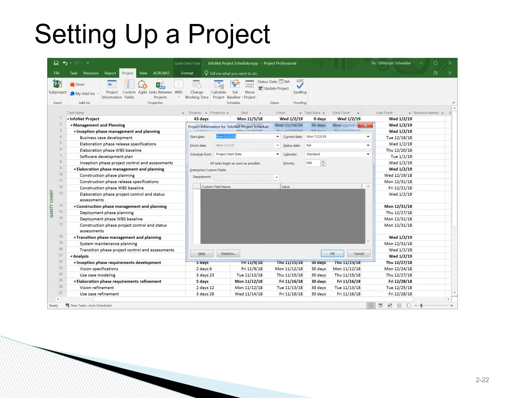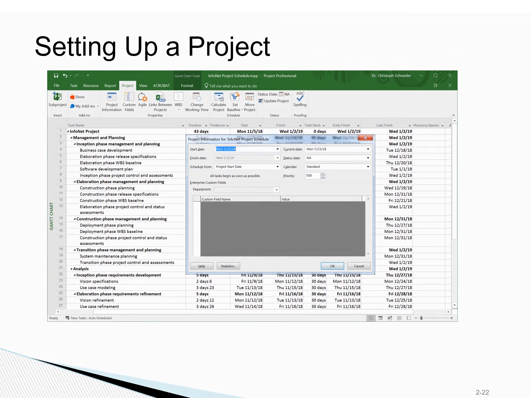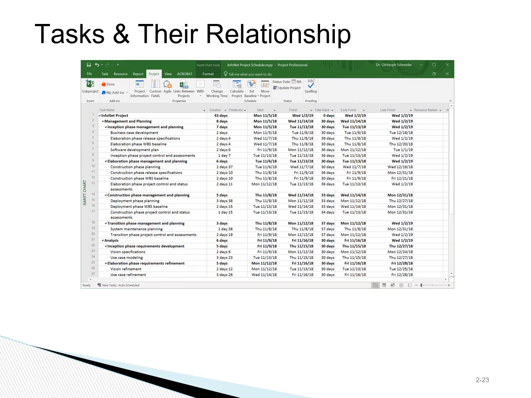Setting up a project in Microsoft Project is fairly straightforward. You get a pop-up menu and you put in the appropriate information. Similarly, you get a pop-up window to populate your tasks and their relationship with one another, which one has to happen before the others, or whether they can occur concurrently. All of this information is provided through the task panel, and this is what the outcome of that would be.